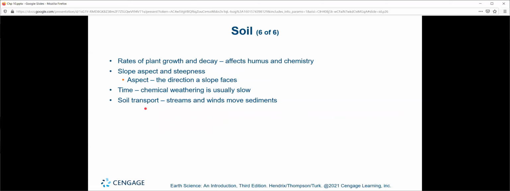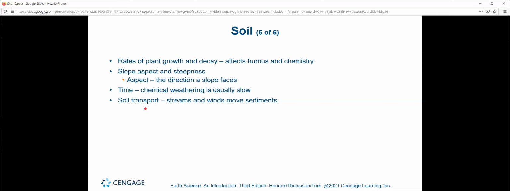So how do you affect those various components of soil? Well, the rate of plant growth and decay affects it a lot. If you want dead stuff in your ground, you'd have dead stuff there, but you also don't want the dead stuff to be chewed up so badly that all the nutrients are soaked up by the surrounding bacteria and none of those nutrients actually get down in the soil. Slope and steepness play a huge factor. You tend not to see gardens on the sides of steep mountains and cliffs because the steepness drops the soil off of the edge, right? It's gravity. It's how that works.